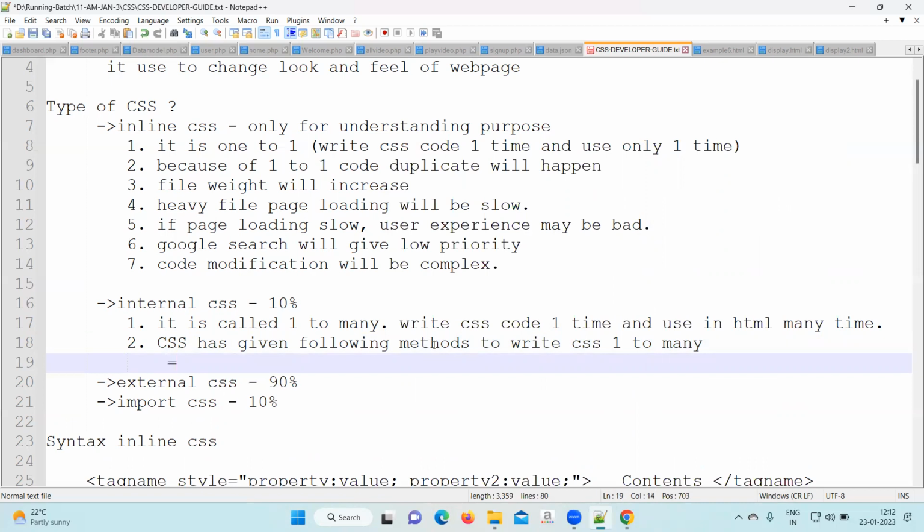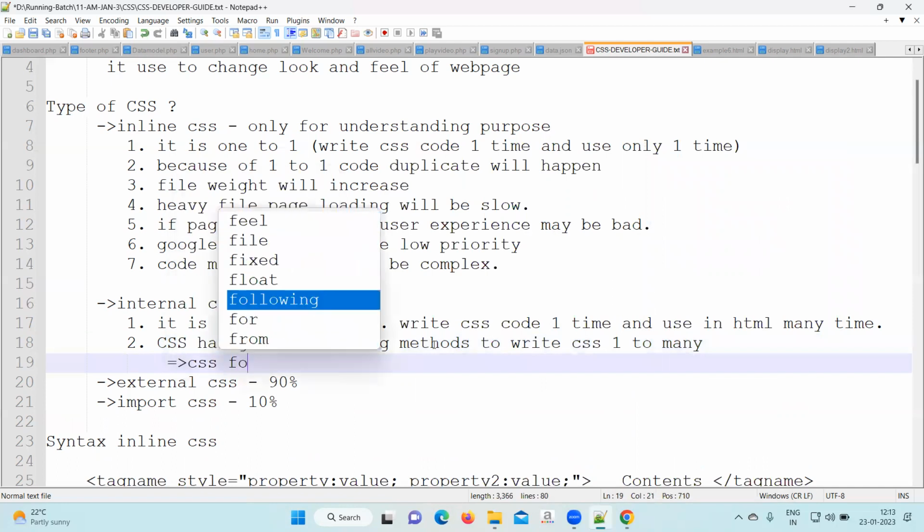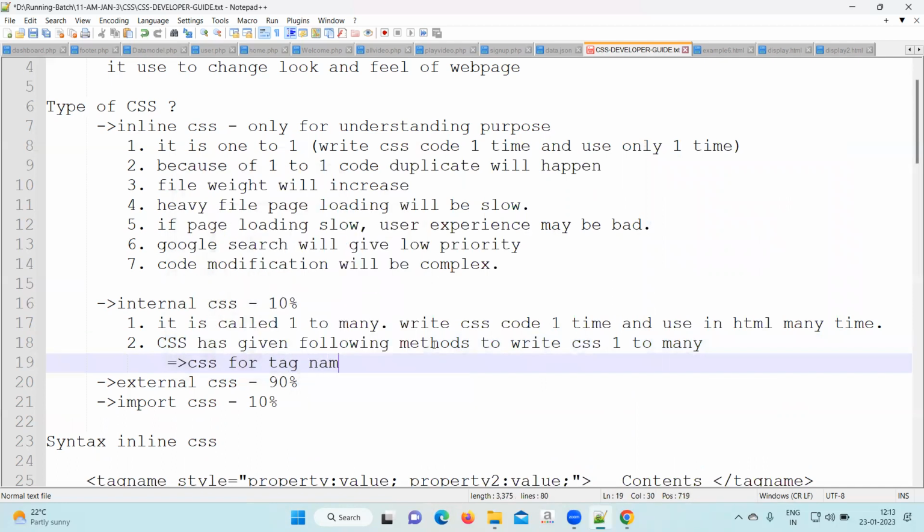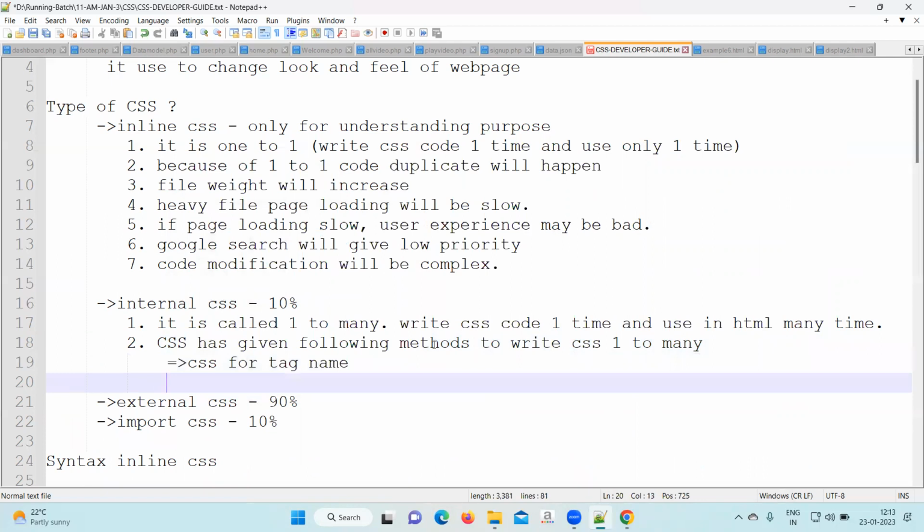You can write the CSS for tag name also directly. That is called CSS for tag name. For any tag name, directly you can write the CSS. It will get applied for the particular tag. Right? Next, after that,